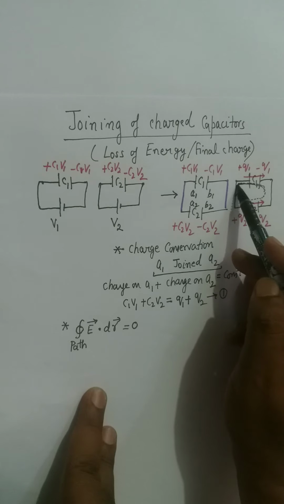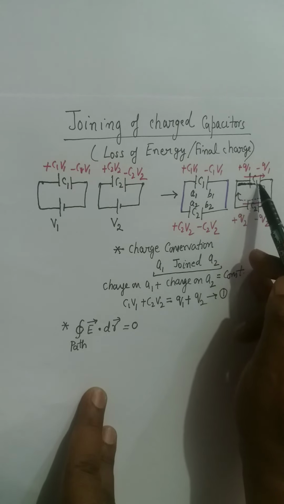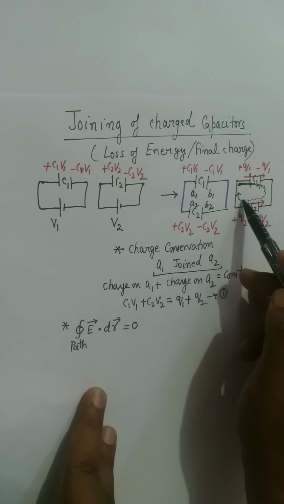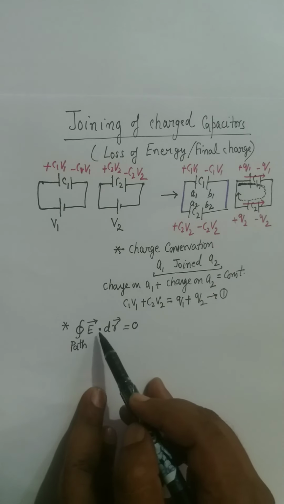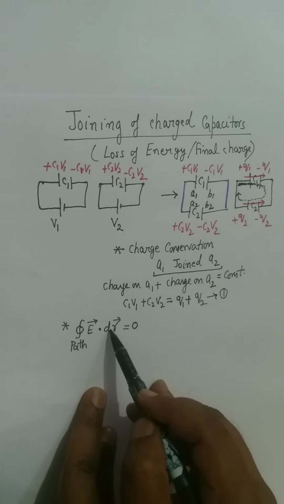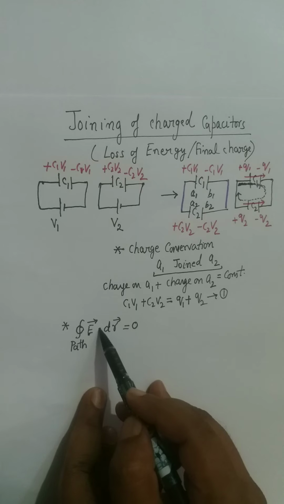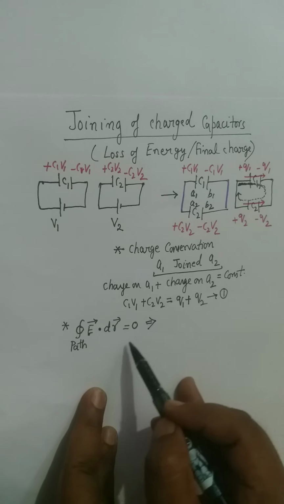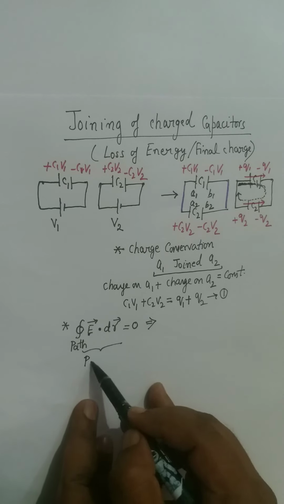Again, you start from here, and if you move to the right side, you are going in the direction of electric field, and then you are coming back against electric field. So if we are moving in the direction of electric field, it means dr and the electric field are in the same directions, and therefore this dot product must be a positive value. Also notice that E dot dr has a significance of potential difference.